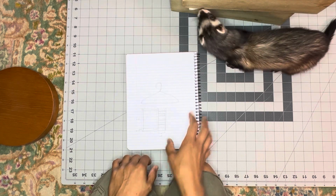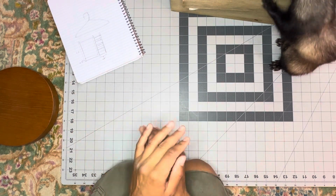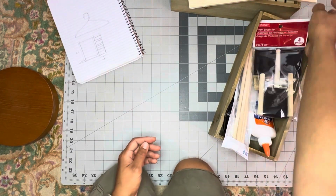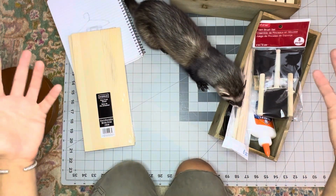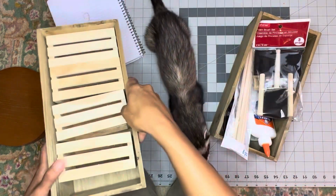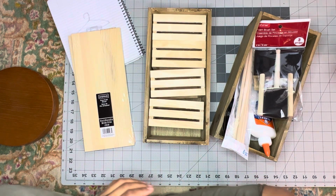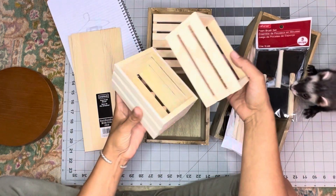So I went to the craft store with the expectation that they still had a wood crafting section with balsa wood and little saws and tiny nails and stain and all the great things that used to be at the craft store that no longer seem to exist. So I kind of had to get a little bit creative with some of the things that they did have. And so what I found were these tiny little crates